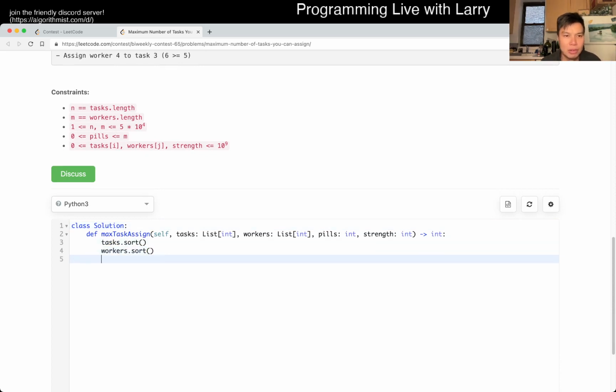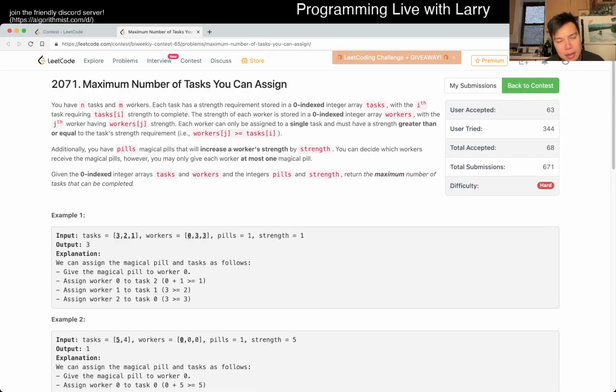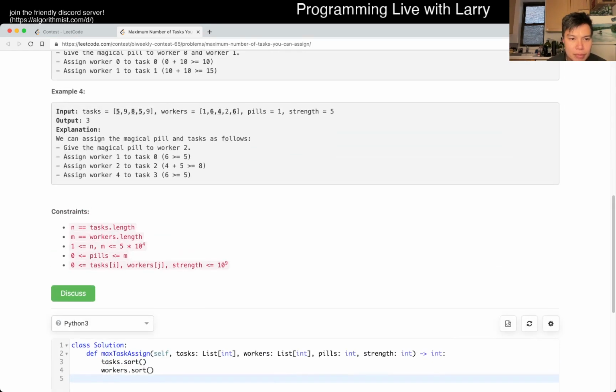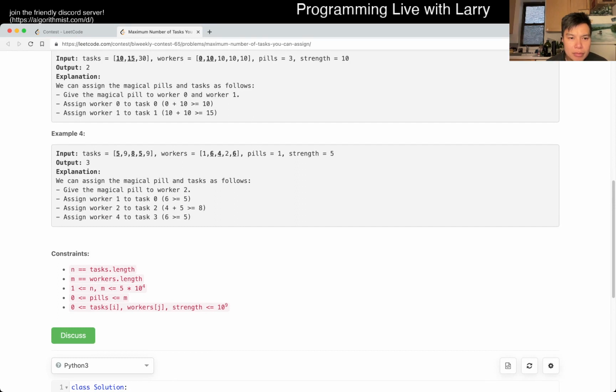Because there's no ordering, it doesn't really matter. And then I wonder if this always gives the optimal pairing if we just